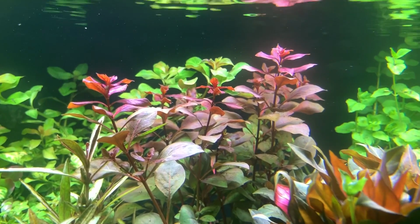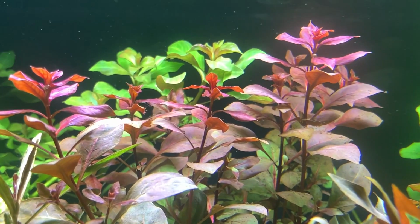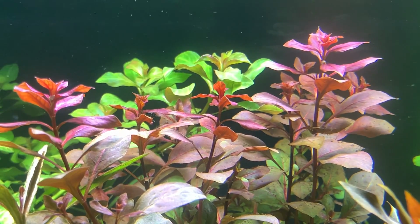And the good thing about these guys is this is their natural color underwater. You don't need super high light, you don't need CO2, you don't need anything else to make these guys red. They're just going to naturally be red. Now, if you have a super good light and super good CO2 and lots and lots of fertilization, they're going to be even brighter red. But under just even low...